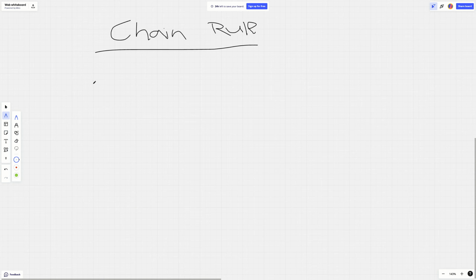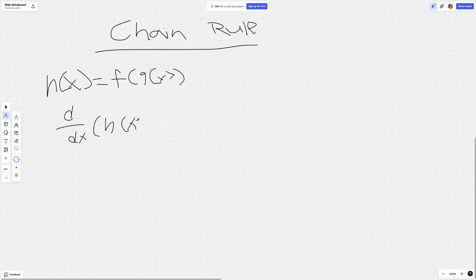Okay, so this rule says, again, going back to our h of x, that if h of x is equal to f of g of x, a composite function, in that case d over dx, the derivative of h of x, the composite function, is going to be equal to f prime of g of x times g prime